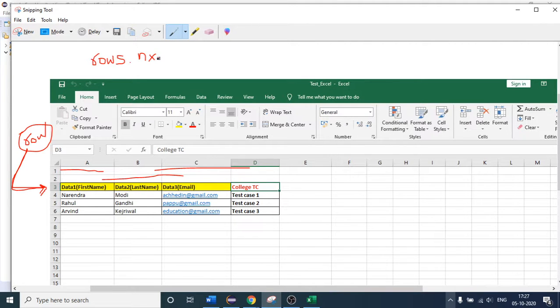So what will happen? Again, this iterator object. Let me write it. Okay, I am writing in short here. Next, again, if you call this method a second time, what will happen? This iterator object will start pointing to the second row, right? As of now, it will only point to the first row because we are using this next method only one time.